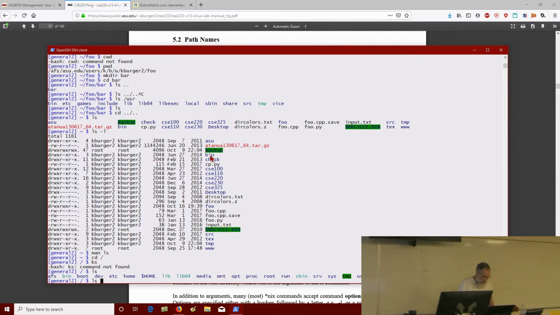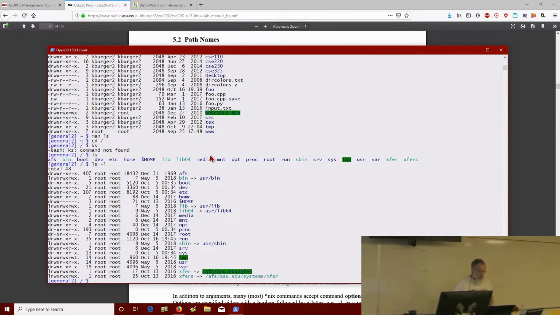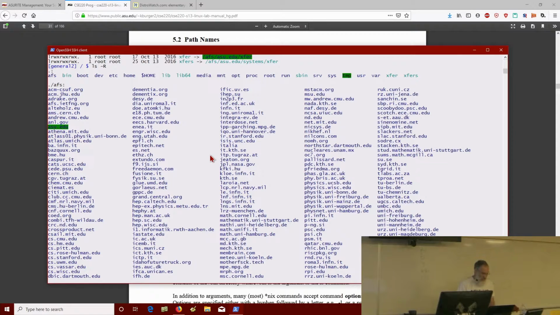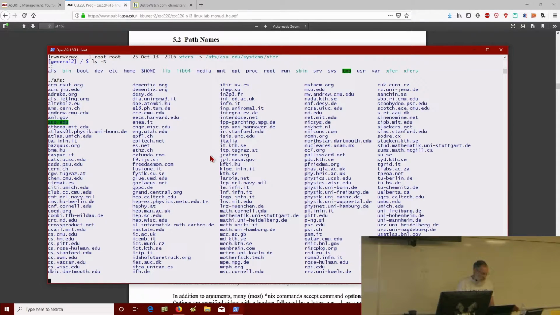And if you do ls -l, it'll give you a long listing. Now, if you do an ls -R, it'll do what's called a recursive listing. What that means is it'll list the contents of this directory, then it'll go this direction and list the contents of this directory, and it lists all the way down, and then it comes back up and lists all the contents of these directories and then all the contents of these. So it does basically a recursive listing. And if that takes too much time,